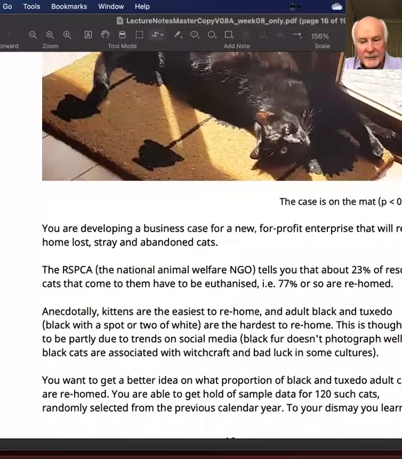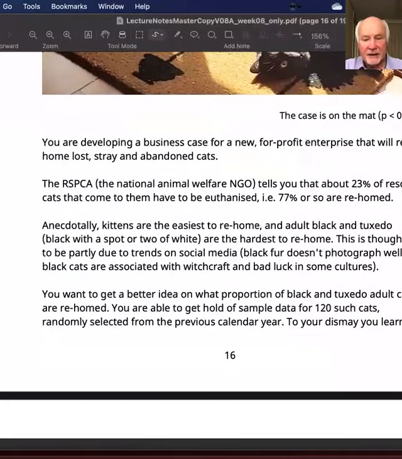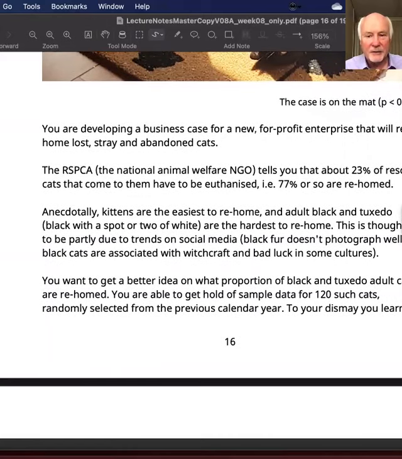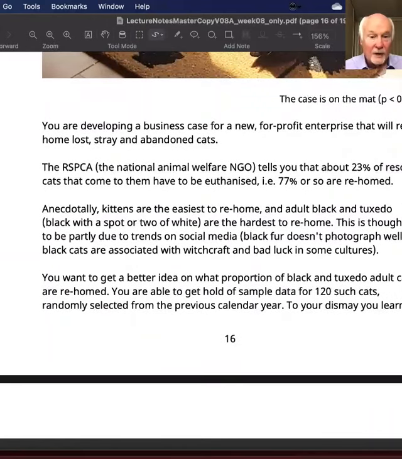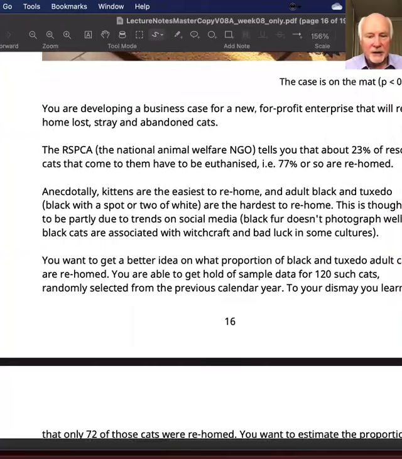I got the idea from this example when I learned that in the United States, the business of rescuing cats and finding new homes for them is actually, the biggest player in that is not a charity or an NGO, it's a private company. I've forgotten the name of it, but it's owned by Nestle. It's a big business. And it is no doubt motivated by profit, and people in that business would be paying quite a lot of attention, I think, to the sort of pets that can be easily rehomed, is the term they use, given a new home. So let's say you're developing a business case for a new venture in Australia that will do this,